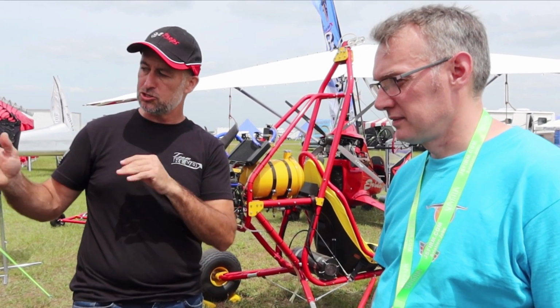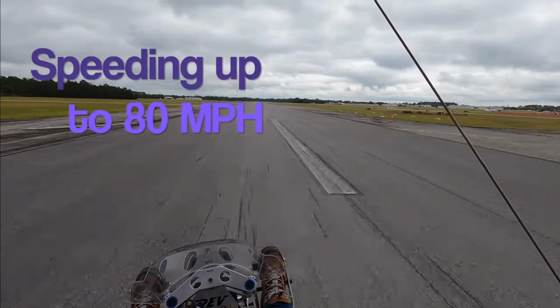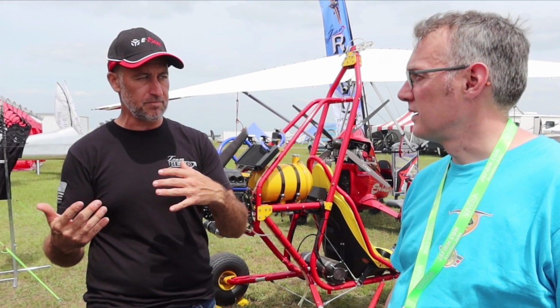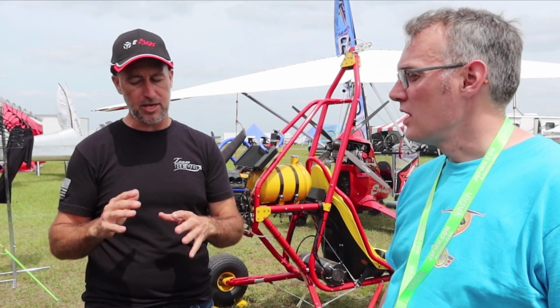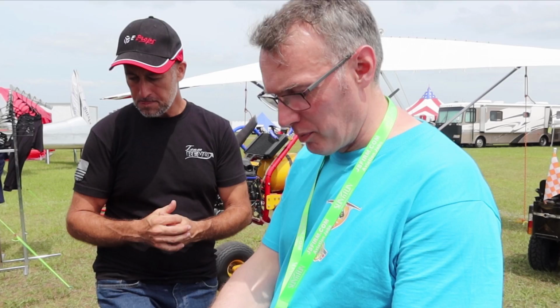But we also do have a go-fast wing that trims 55 to 65 miles per hour. Yeah. You can go 80 straight and level with this, and that's our XS. That's a double surface wing, which is 11 square meters. So that's another option here. The whole concept seems to go around comfort, not just the big tires, but...